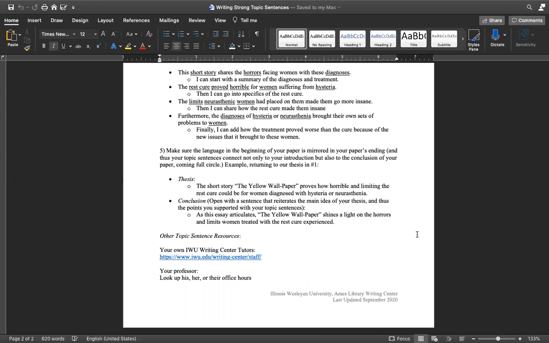For example, returning to our thesis in number one, which read, "The short story The Yellow Wallpaper proves how horrible and limiting the rest cure could be for women diagnosed with hysteria or neurasthenia," our conclusion might then open with a restatement of that thesis using new words but keeping the same ideas. For example, as this essay articulates, the Yellow Wallpaper shines a light on the horrors and limits women treated with